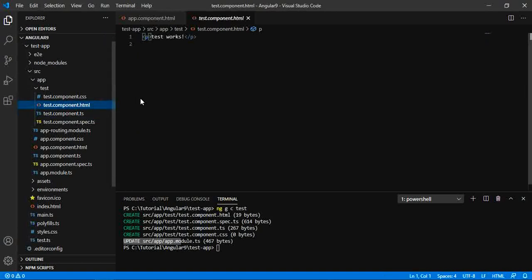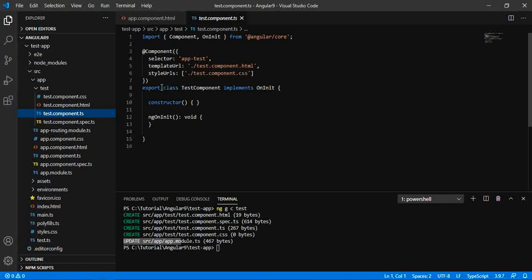You can see there is a template file that is blank right now, having only the text "test works" in it. This is the part of the Angular component, and it is the first part that makes the component. The second part is the class that is created, which completely makes the Angular component, and the metadata that provides the information about the class that has been created as a component. It also has a decorator function that provides the information of the class attached to it. So when we put the class, template and metadata together, we get the Angular component.